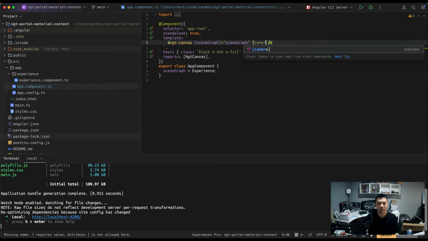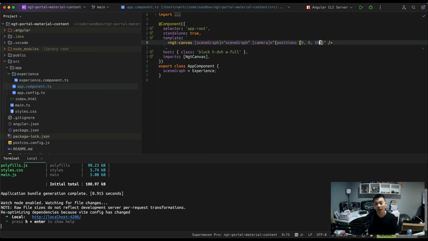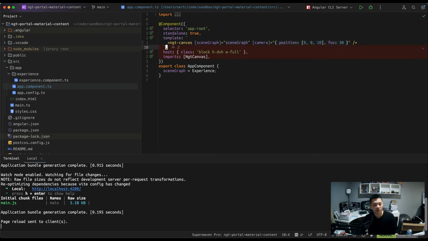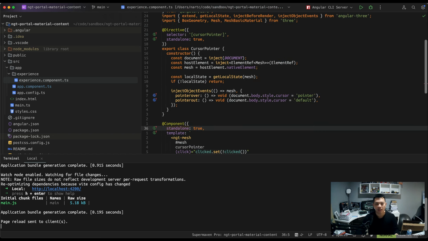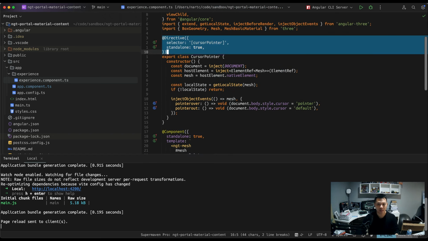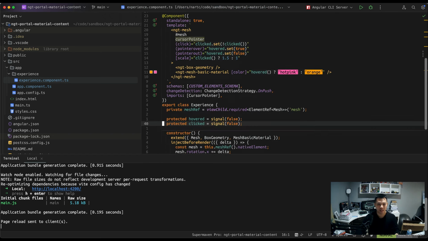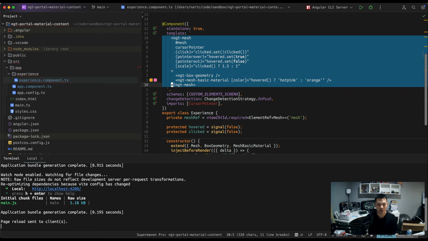So the first thing is we want to adjust the camera a little bit. So I'm gonna say camera on the canvas. Let's say position is gonna be 0, 0, 10, so it's moved out a little bit, and the field of view of 30. Okay. Now back to the experience. I'm gonna remove this directive. All right, I'm gonna actually remove everything in here,